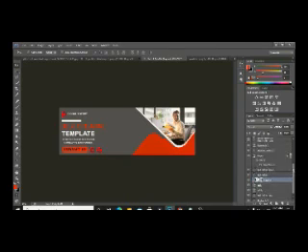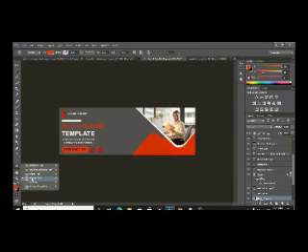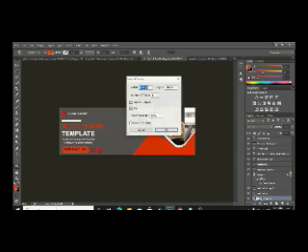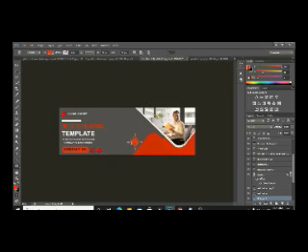One more thing is, click it and make sure to click on the star button, and the number of sides should be 4, and click OK. And we have to adjust it by pressing, as I told you, Ctrl T, and make it small.